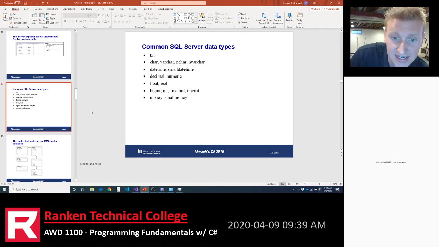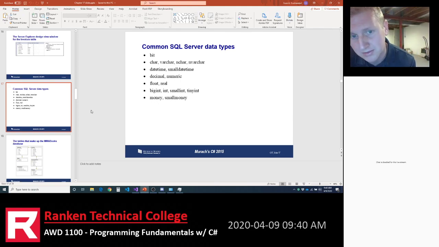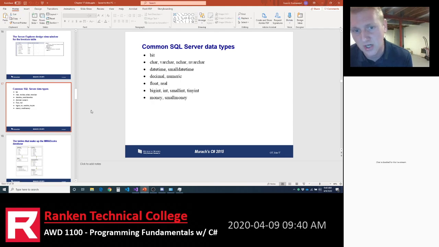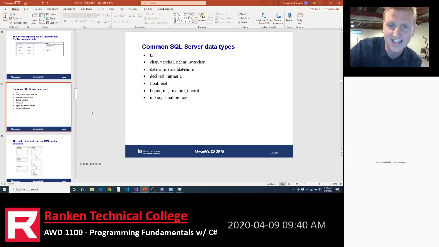These are the SQL Server data types that you can put. And so it makes real sense, hey, you got floats, and so floats could be converted from SQL Server data into a float in C#, right? We got decimals in SQL Server, we got decimals in C#, we got date and time in SQL Server, we got date and time in C#. So a lot of them do convert pretty well. But sometimes you have to find out, okay, it's coming out of the database as a money data type. So what data type do I need to convert that into in C#? And it just depends, right?